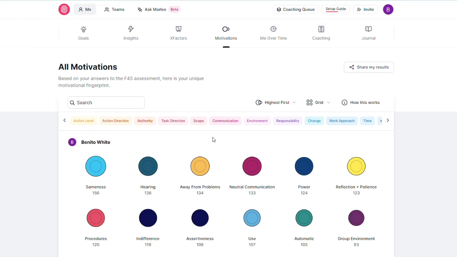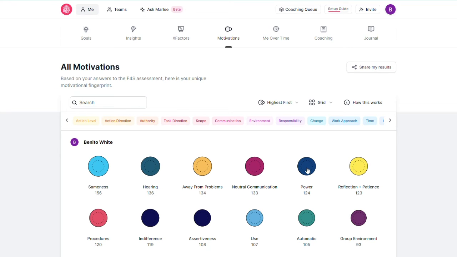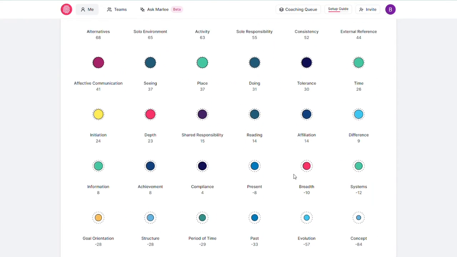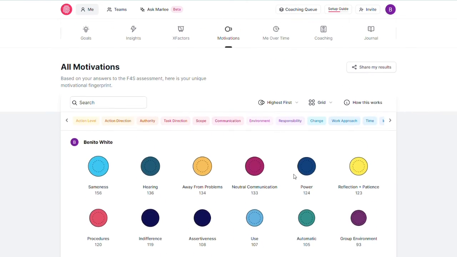Now, clicking through the motivations and seeing how you ranked compared to the general population, what you'll be seeing is how you rank to the general population in France. You'll likely notice that some of the numbers might change, and even your top and lowest ranking motivations might be different, and that's because we're comparing results to a different average. The average in France, not the average in the US for this example.